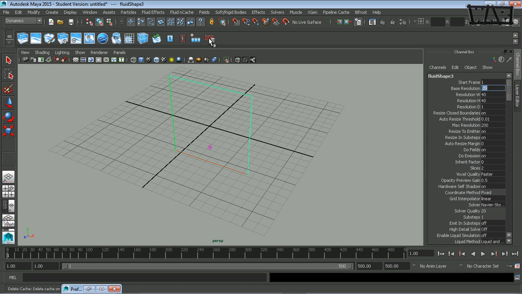So let me delete the cache. Yeah. So because it was cached, the resolution wouldn't change. So I'm going to turn off cache for now. I'm not going to recreate the cache because I'm definitely not going to be creating anything worth saving at the moment. But now if I play back,